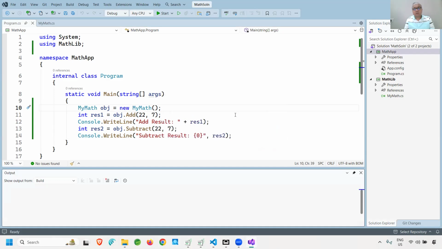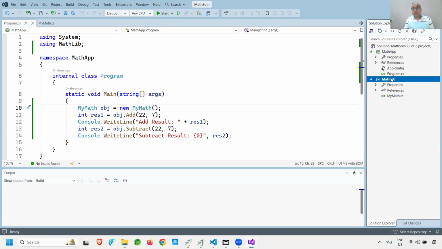Now, this is very important. I told you the library is a DLL file. DLL file can never execute on its own. If you want to use it, you need to import it into some other project and you need to run that project. But since our first project was class library, it was set as a default project and that cannot